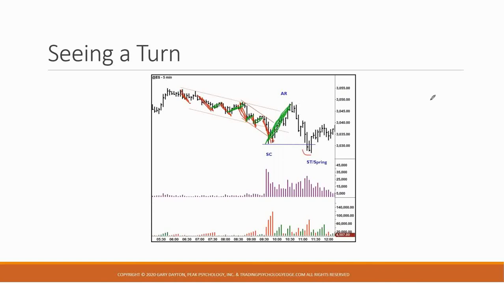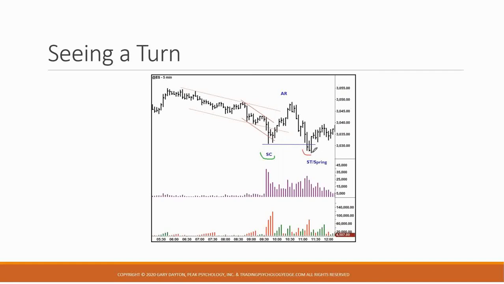So Wyckoff used to talk about this. He said that when the down waves get smaller or the up waves start to get larger, then we're looking at a change of behavior. So the up wave we got climactic action, up wave gets larger, right? Now we come back down to revisit the lows and try to push down further,